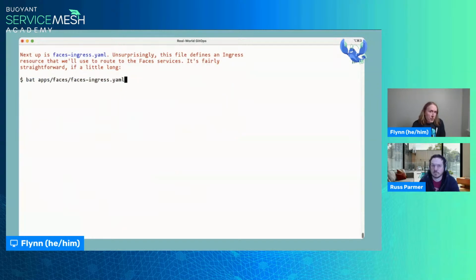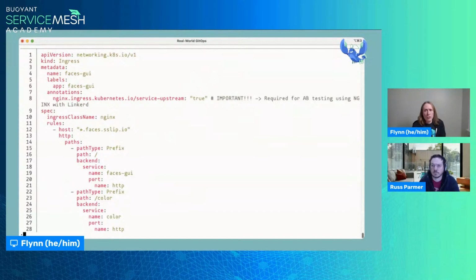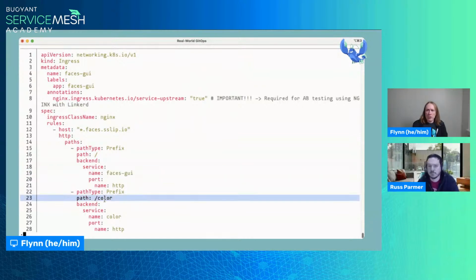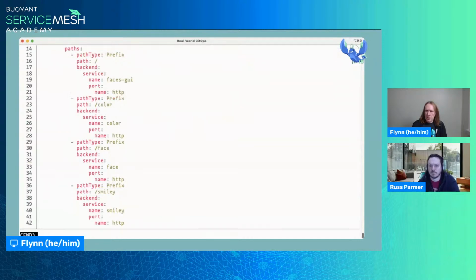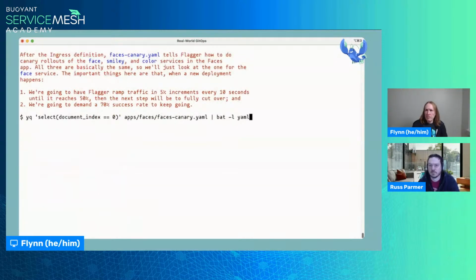The next thing we're getting into here is faces ingress. This is long but straightforward. This is the ingress resource that our Nginx instance will be looking at. This is honestly the only one we really use in the demo. If we see a path of /, we go and talk to the GUI. If you want to test things, you could curl to /color, but we don't actually need that. And there's a similar one for /face and /smiley. Finally,